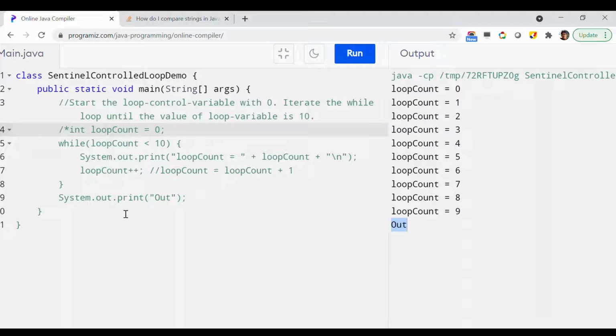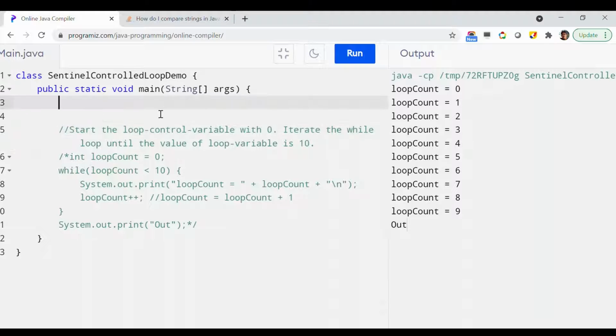Now let us just comment out this entire program and let us try to understand a Sentinel controlled while loop. So what is a Sentinel controlled while loop? Now this time start a loop control variable with, let's say, value 1, and iterate the while loop